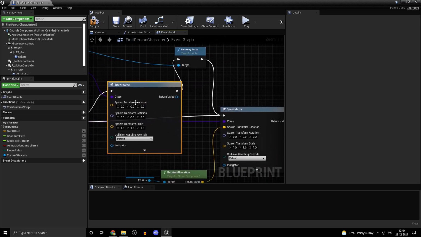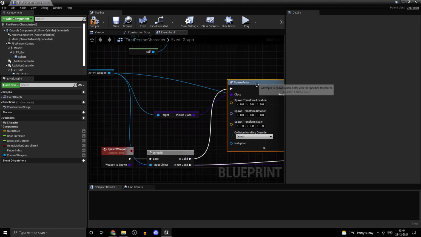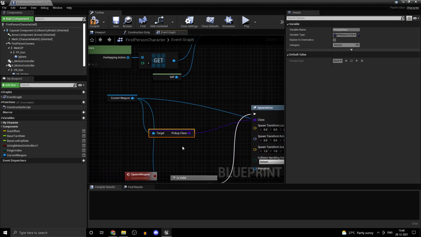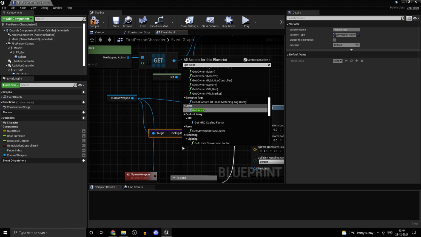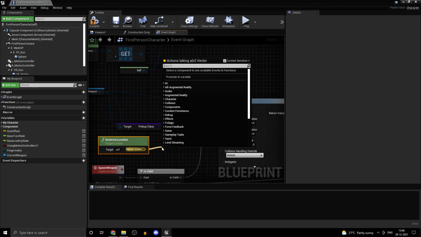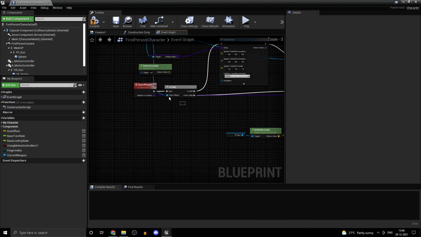So this is going to be the class we are spawning. And the transform, let's just take our location, get actor location, and let's just get the forward vector.